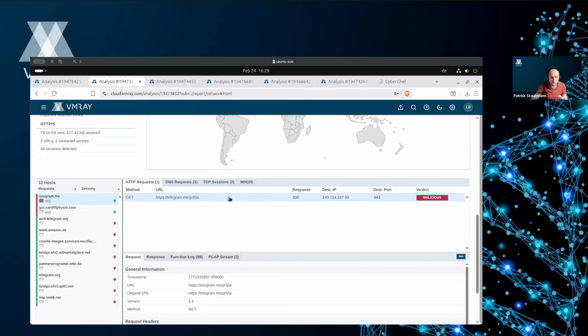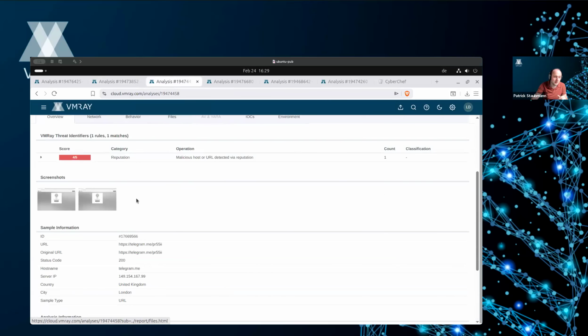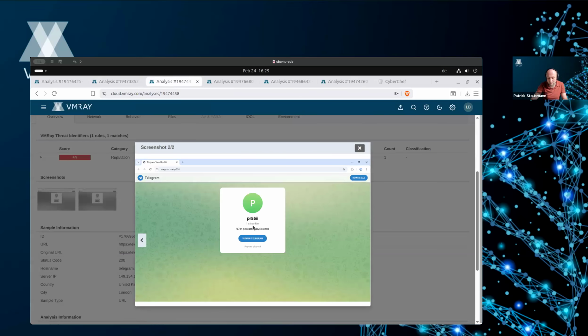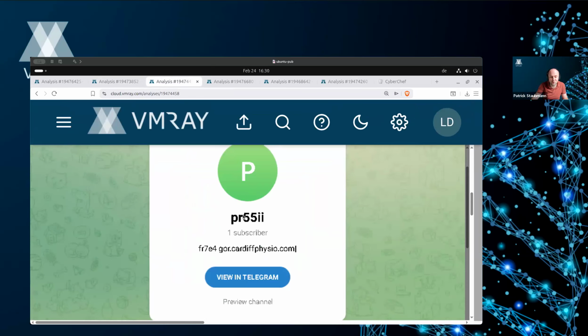So what I did, I've just taken that URL and submitted it for a web analysis to see what is really on that page. If you open that page here in a VMRay analysis, you can actually see that the description of that profile is this specific domain that we have also seen in Vidar as the second stage command and control server. So they just maintain that Telegram profile or Steam profile, can be both, can be one of them, with that specific description that represents the actual domain of the command and control server.